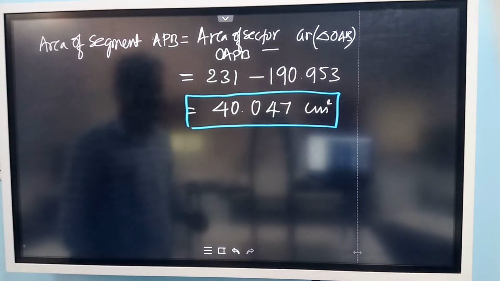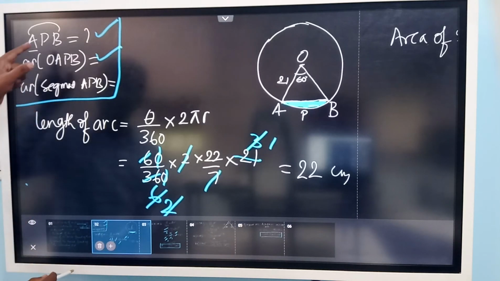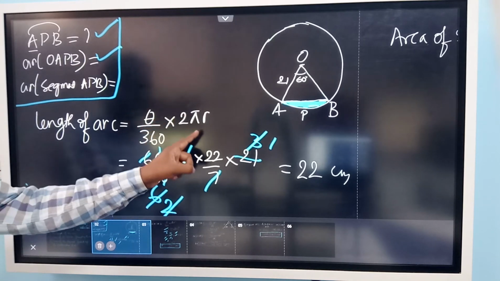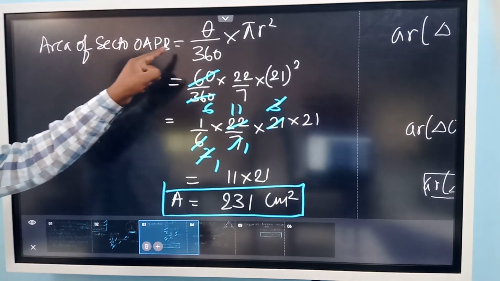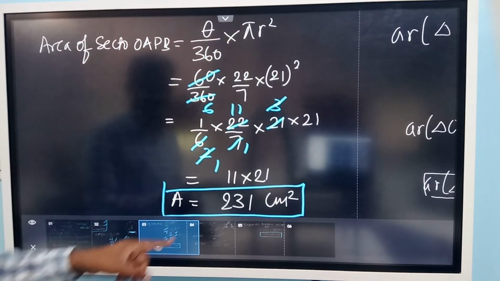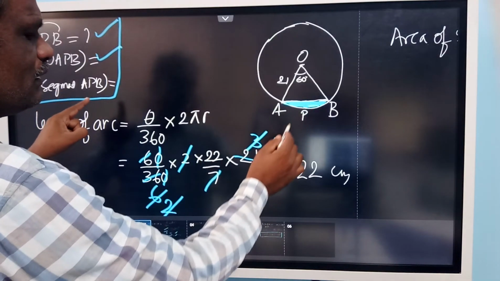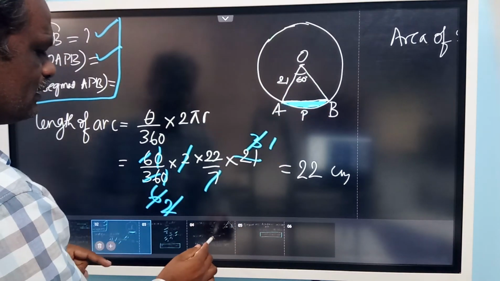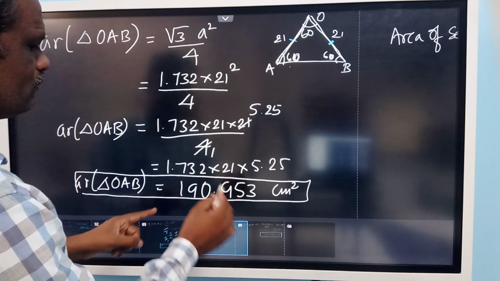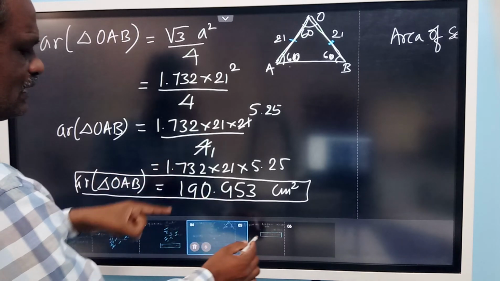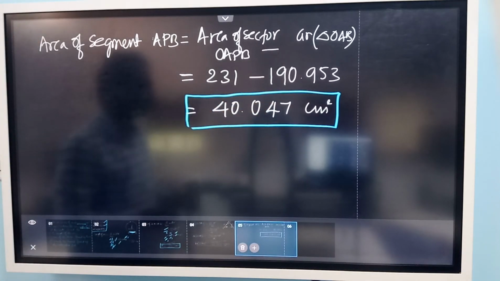Okay, so you got the answers of all three questions. The first question they asked is arc length, theta by 360 into 2 pi r, we got 22. The second question, area of sector OAPB, theta by 360 into pi r square, we got 231. Third question is the area of the segment APB, this segment. For that we need to find the area of triangle. Area of triangle I got 190.953. Then from this sector area, if you subtract this one, you will get the area of this segment, 40.047